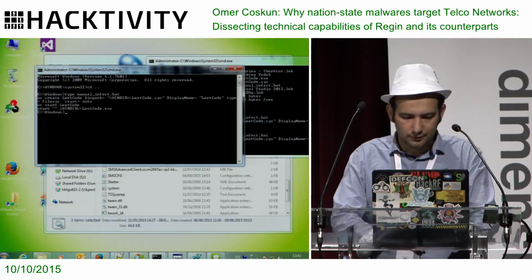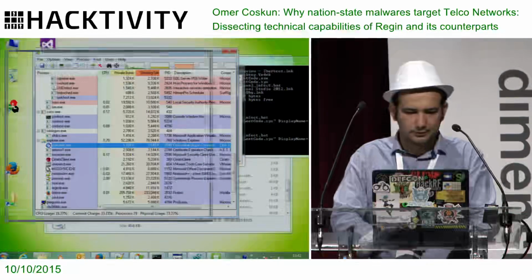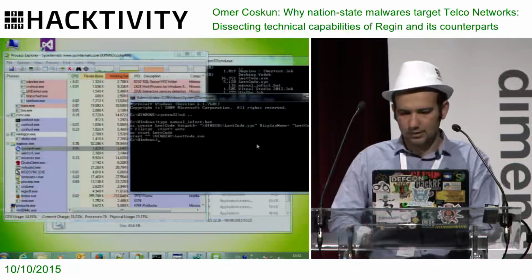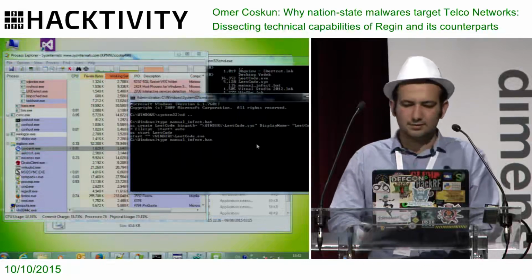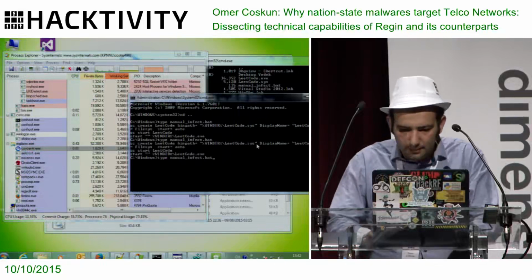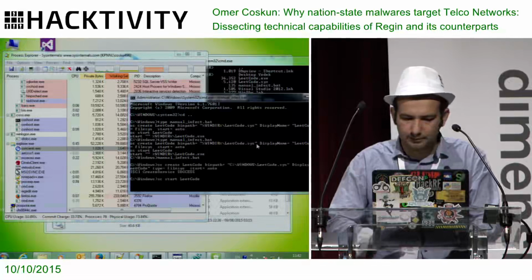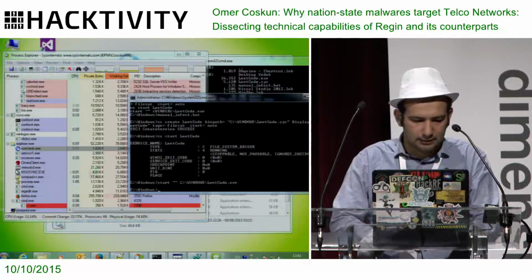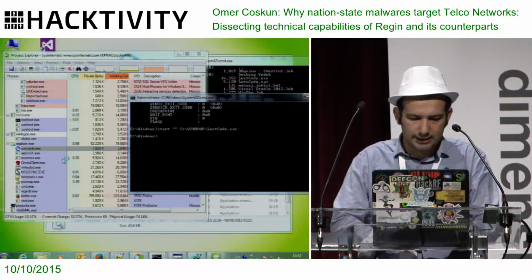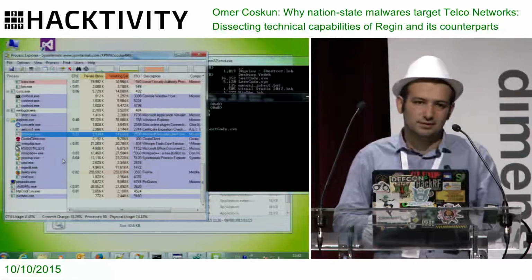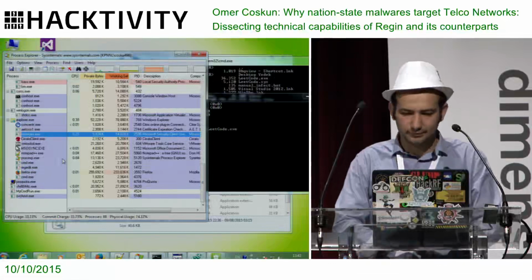This is the content of the infector. I will simply run it. What it does is a simple manual infection. It runs, and right now the system is infected, likewise in Regin malware.